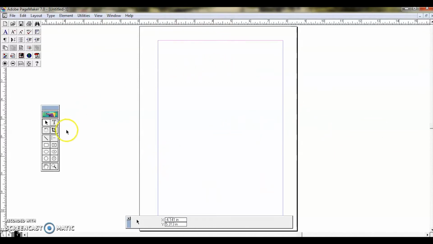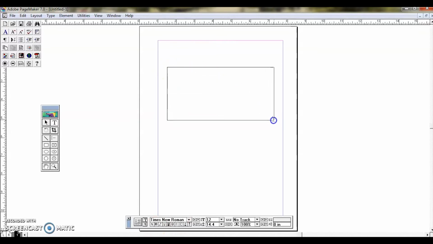Okay. So now suppose I am having a text block. When I click the text block, automatically the character formatting text palette is displayed here. Okay. So I am having a text block and I am typing some words. So let me type computer application.